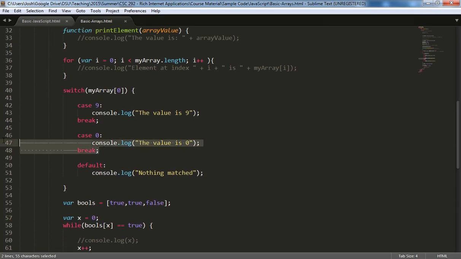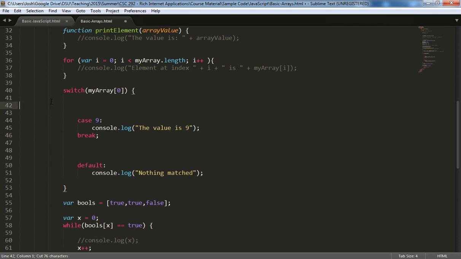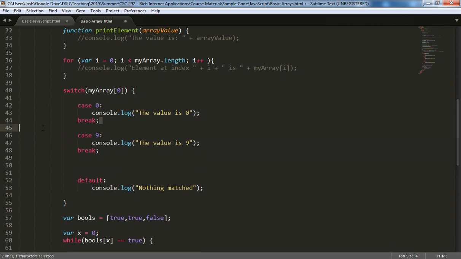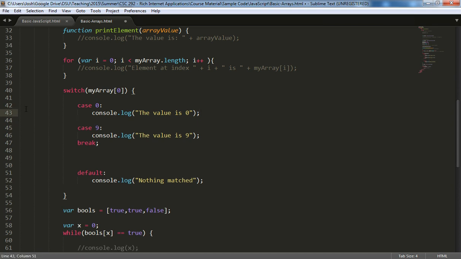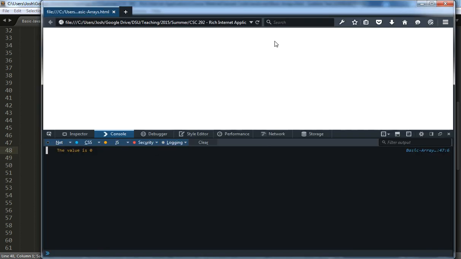Okay, if I switch these around, so let's say that I make this be the top statement, and let's say that I take out that break keyword. What's going to happen? Execution is going to fall through. It's going to match on this label. It's going to execute this code. Because there's no break, it's just going to continue to execute until it encounters that break statement. And so we'll save that modification, and we'll run this code again, and you'll see the value is 9,